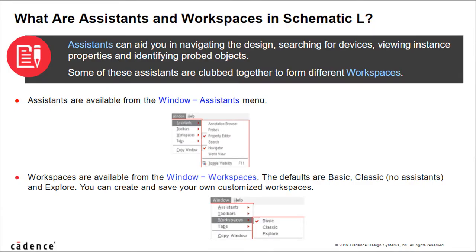On this slide, you can see the available assistants in the schematic editor. They can be accessed by going to the Windows menu and choosing Assistants. Assistants are specific properties or options that are laid out in new forms, and they can be docked on the schematic editor canvas. These assistants can aid you in navigating the design, searching for devices, viewing instance properties, and identifying